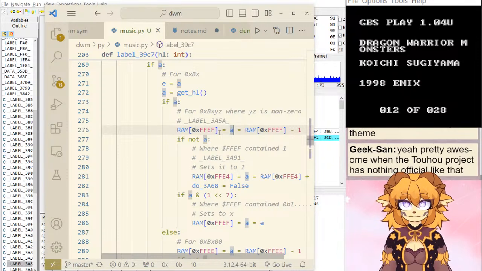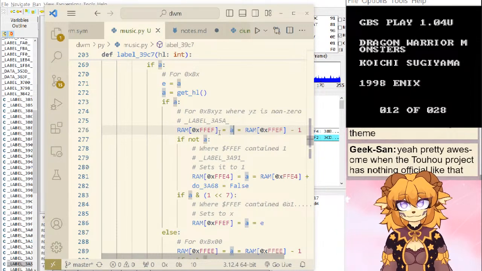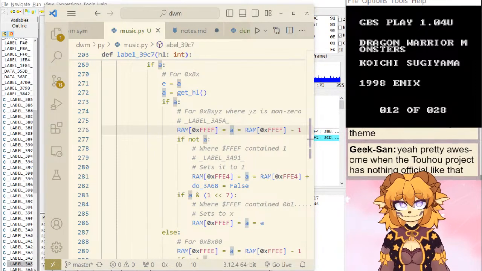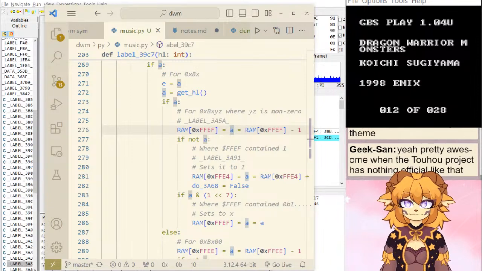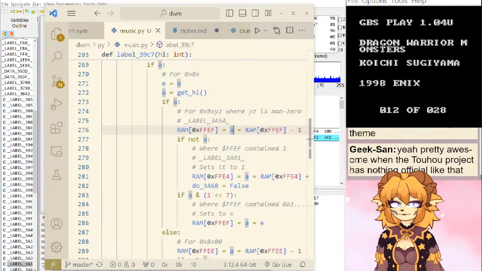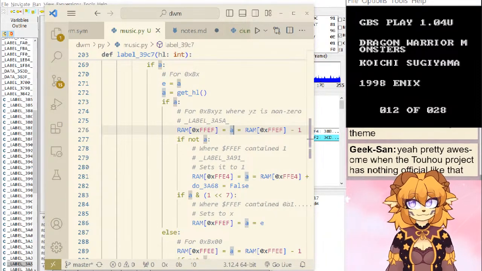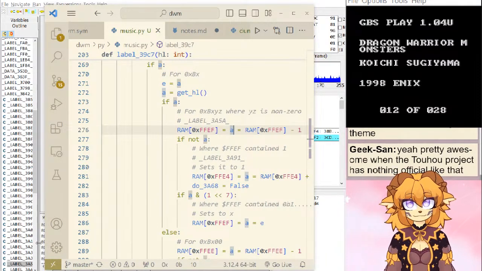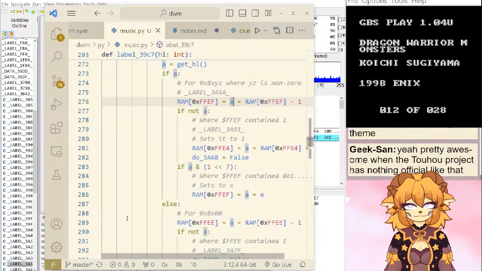Yeah, pretty awesome when the Touhou project has nothing official like that. There is Mega Mario, but it's not quite Mega Man. Is it Mega Mario? I think that's the name. I don't think that's an official game either, though. I think that's a fan game, which is more or less official, because that's kind of how the Touhou project works.